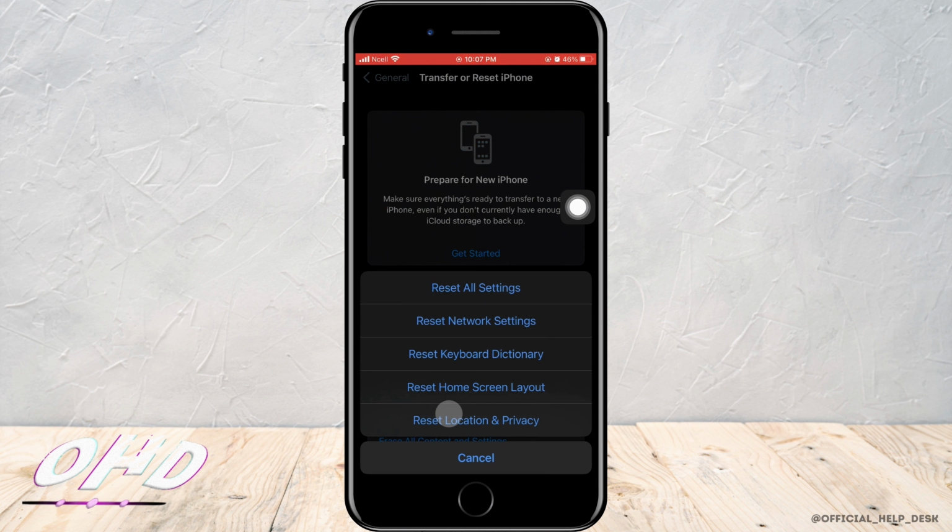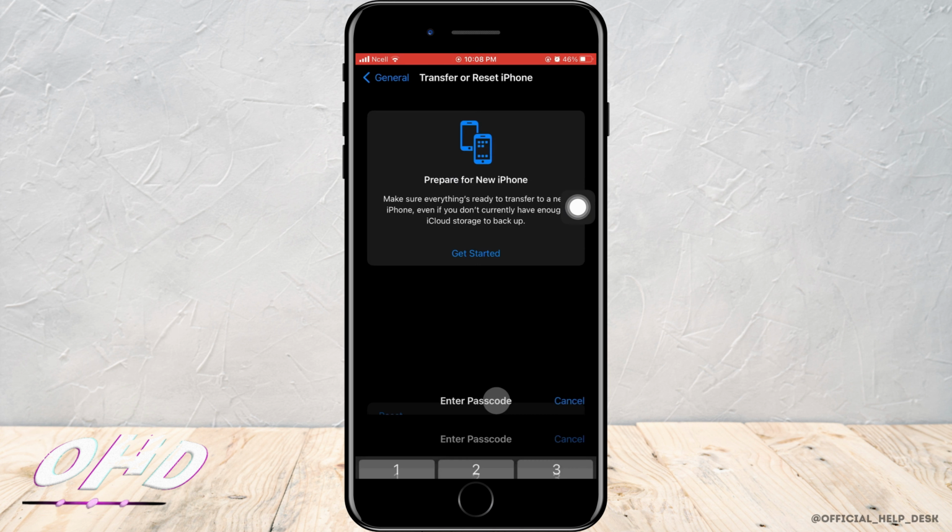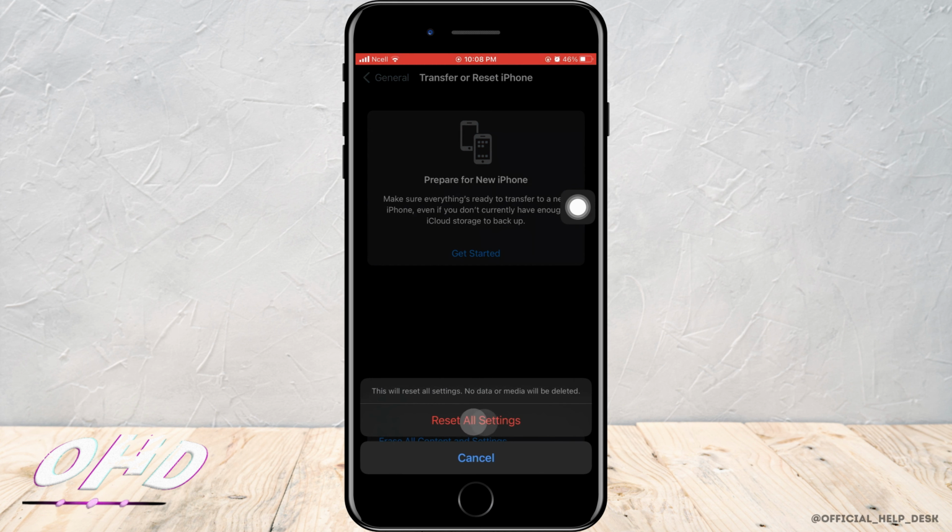Here, what you need to do is make sure that you have everything backed up already. That is your files and folders that you need in the future. After you have made sure that you have backed up everything, go ahead and tap on Reset all settings. Then as soon as you do that, you'll enter your passcode and after that you'll tap on Reset